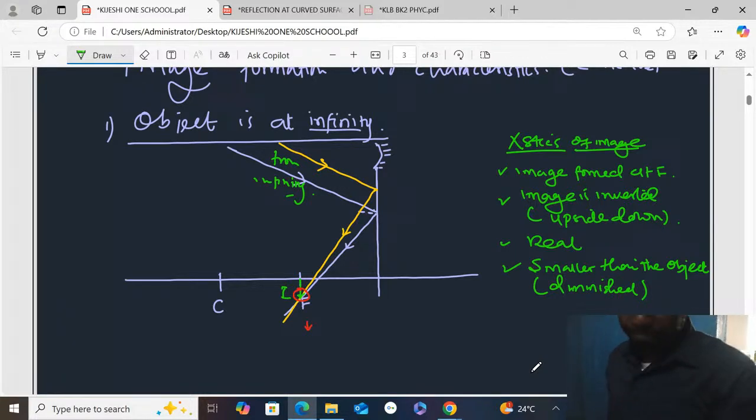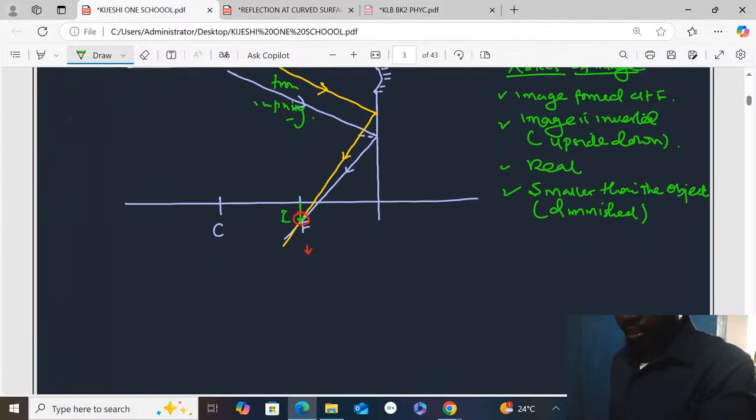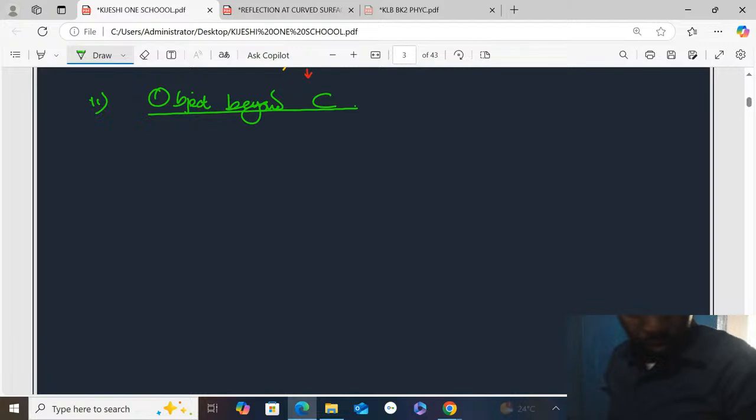We may now look at another one, a second part. And this is when we have the objects beyond C. That is objects beyond the center of curvature. So in this case, I'll prepare my